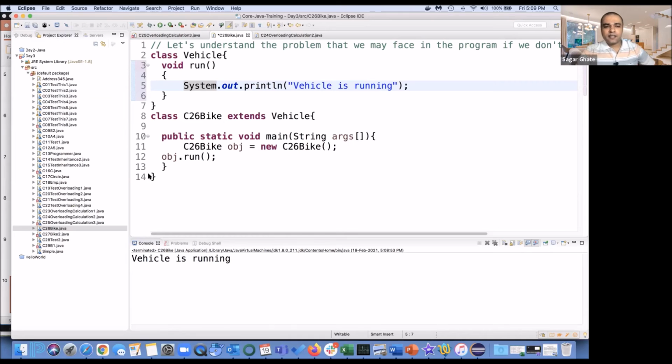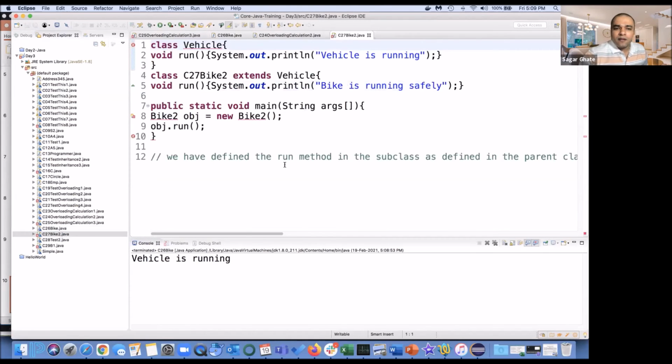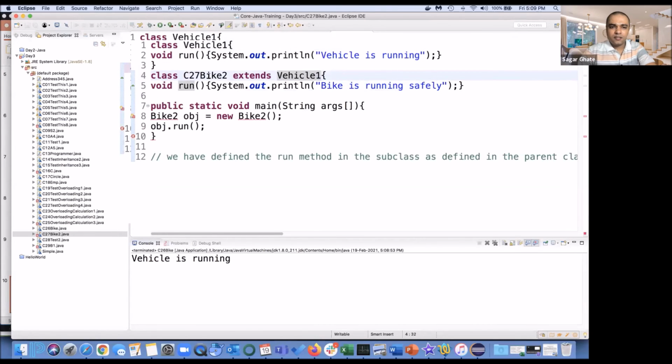From the child class, when I called it, it ran. Now in the second example, if we see, vehicle 1, next is vehicle 1, and this is my object.